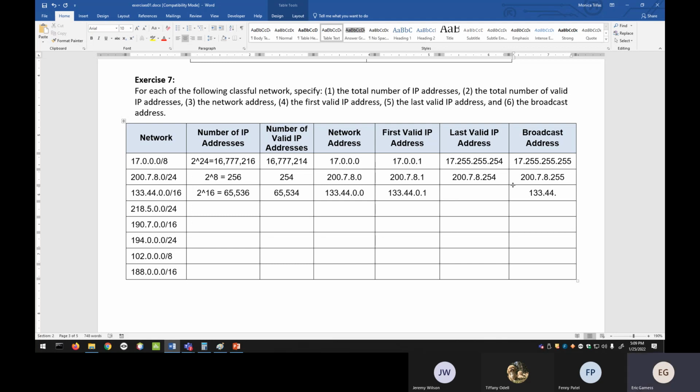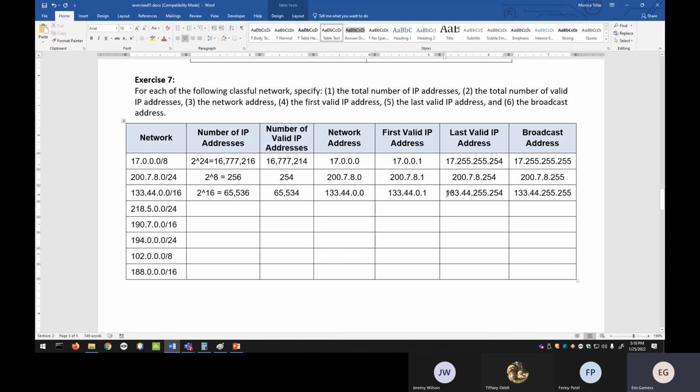So if you have 11111111 dot 11111111, what will be the last 2 bytes? 255.255. So the last valid IP address, the one IP address before this one, will be this. Now, if I go to binary,